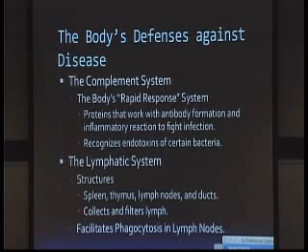Another way of looking at the immune system is to look at how it fights infection. The complement system is basically a way of amplifying the signal that you get from that antibody to ramp up the fight against disease. For example, it can recognize some of the endotoxins and then start to attack those. The lymphatic system includes the spleen, the thymus, lymph nodes, ducts, and that's where the white blood cells will do a lot of the attacking of bacteria, the phagocytosis, where they're eating the